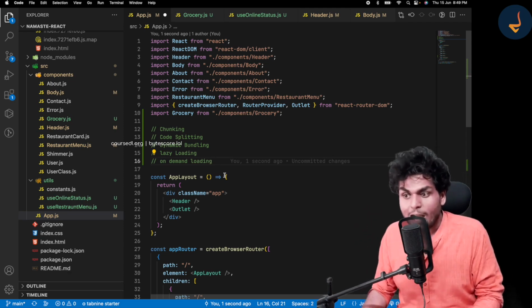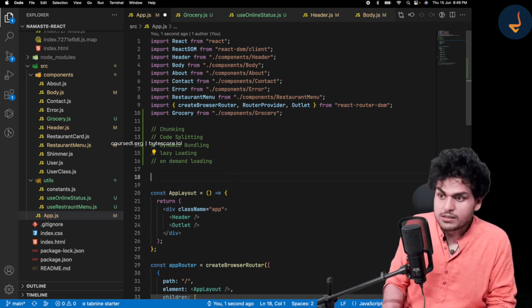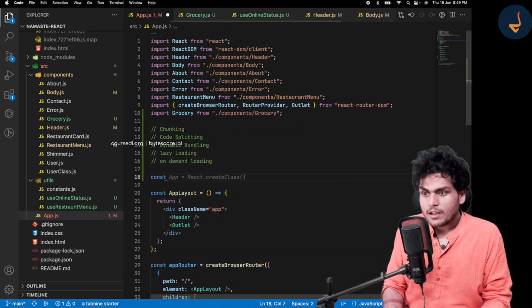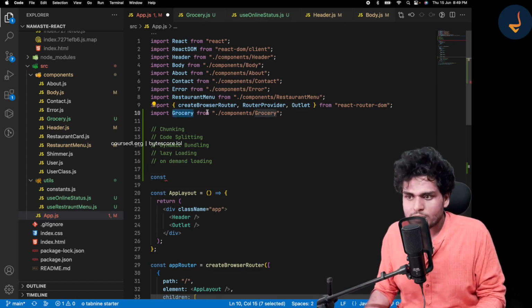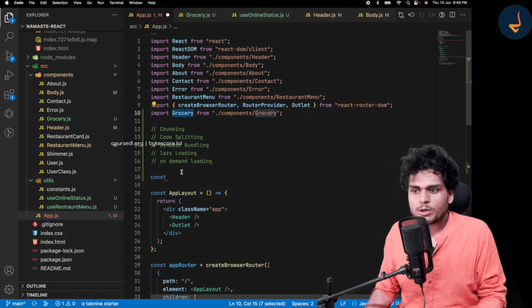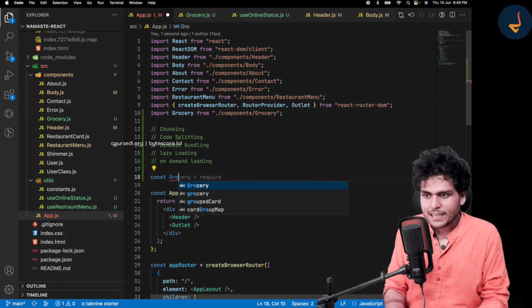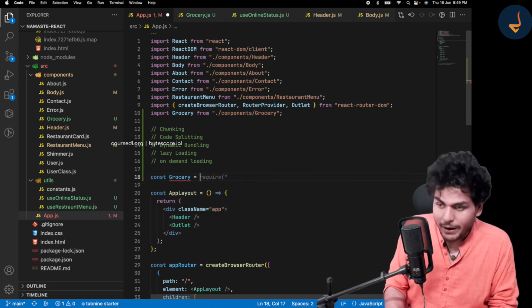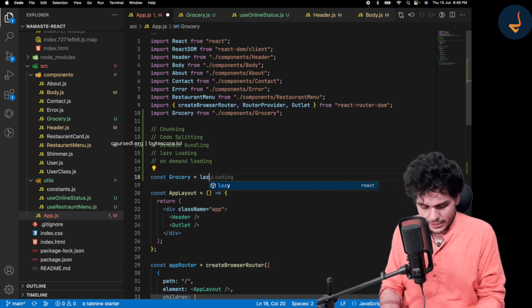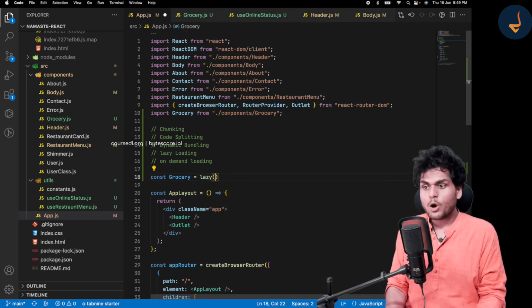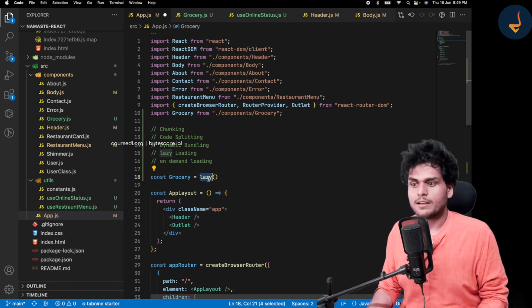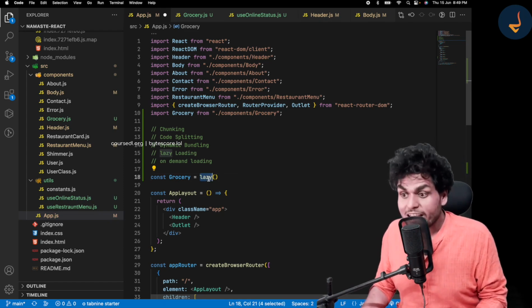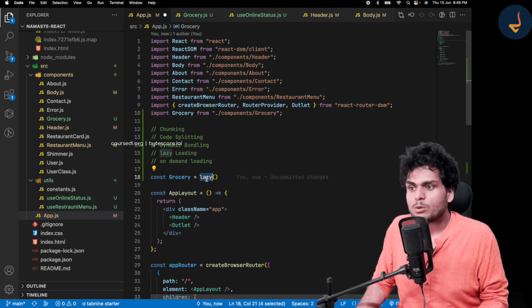Got it? So how do we do that? We will not import our grocery like this. We will get our grocery into our app by using something known as lazy. Now what is lazy? Lazy is a function which is given to us by React.